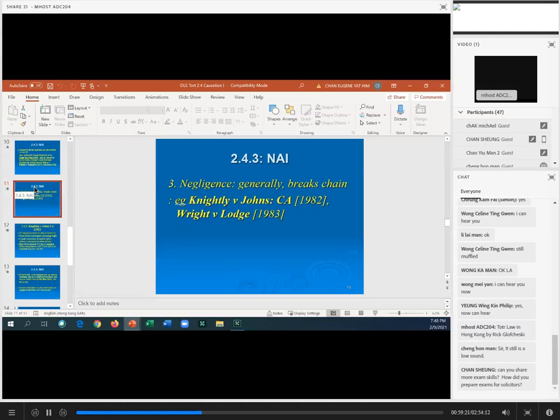Okay, why? Because the lorry driver should have acknowledged the fact that this is a tricky situation. You've got a highway which is not well lit. You've got a car in front of you, and you should have been driving more carefully. And it was not reasonably foreseeable that the lorry driver would be so negligent in driving his lorry,